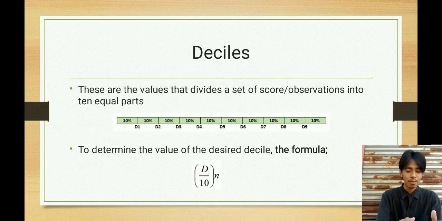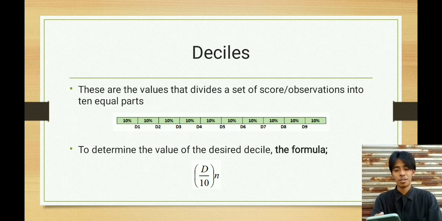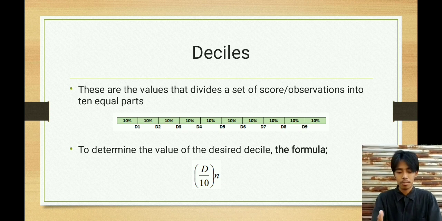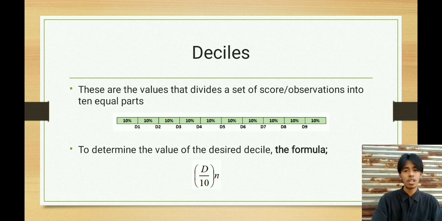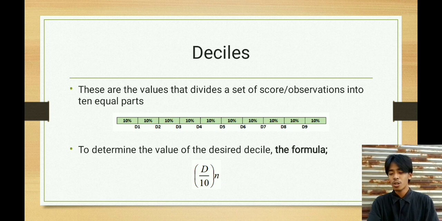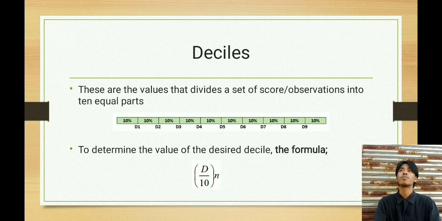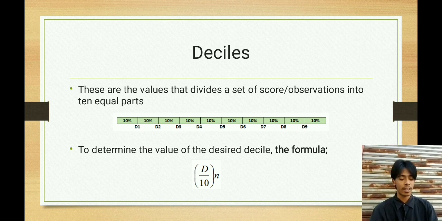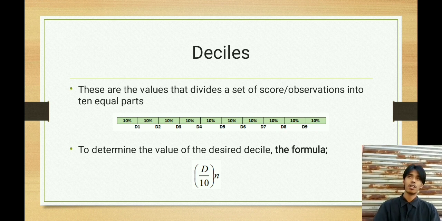Deciles are the values that divide a set of scores or observations into 10 equal parts. So, we can have decile 1, decile 2, decile 3, and so on and so forth until decile 9. All of which are having 10% of the 100%. To determine the value of the desired decile, the formula is in parentheses D over 10 times